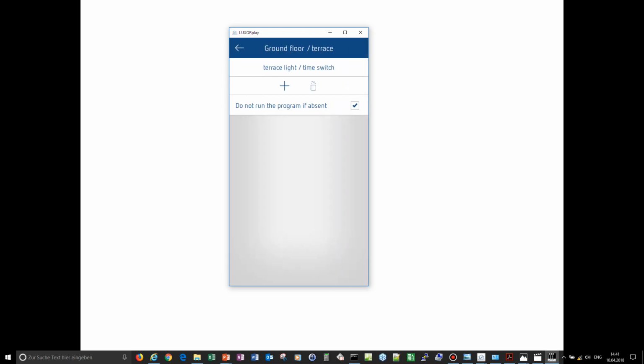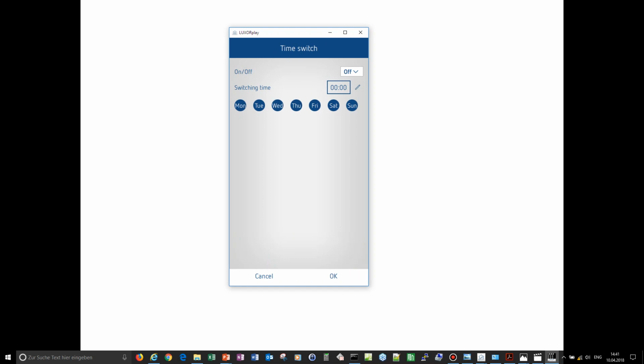Just by clicking on the plus sign, I can define whether it is an on or off interval switching command, and I can say, for example, in the evening at 8 o'clock, I want to switch on that light.